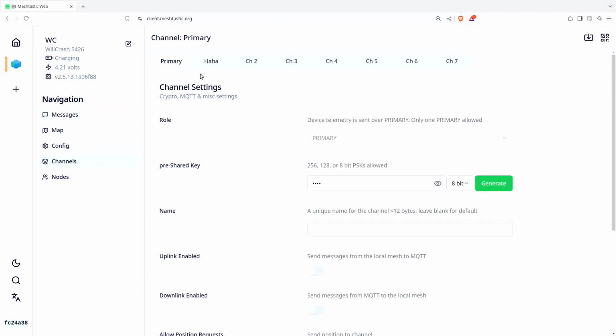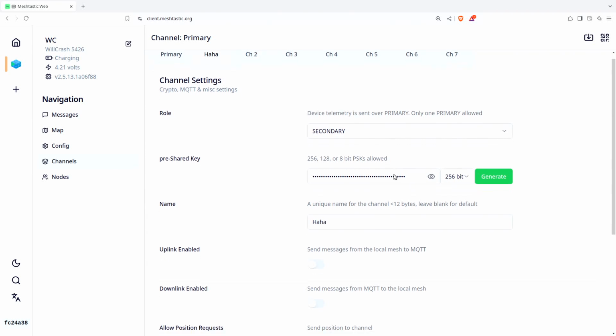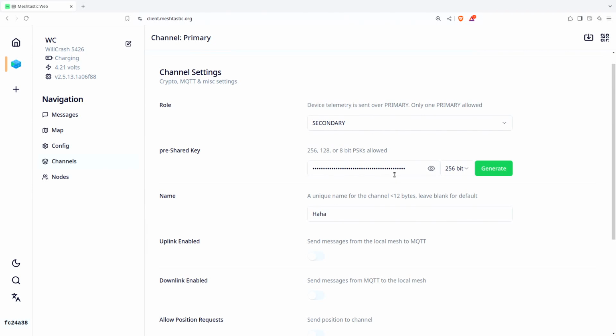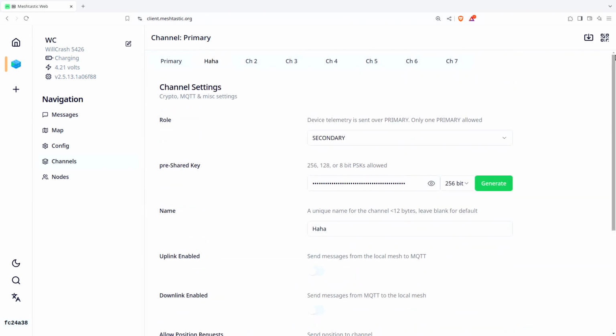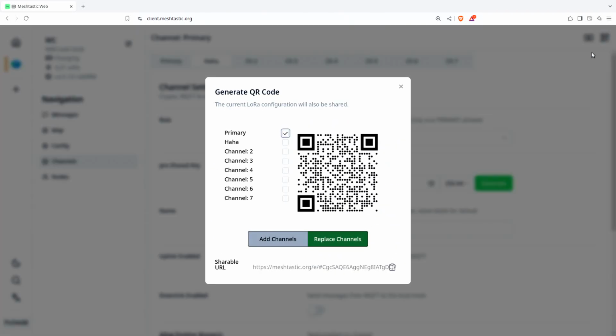You can also add your own secondary, and it's important that it's secondary, pre-shared key for a channel. This allows you to come onto my hidden channel. If I press this thing here, you will get a QR code where you can join me on my secret channel. Now everybody knows it, and you can write me on the haha channel, which other people cannot read.